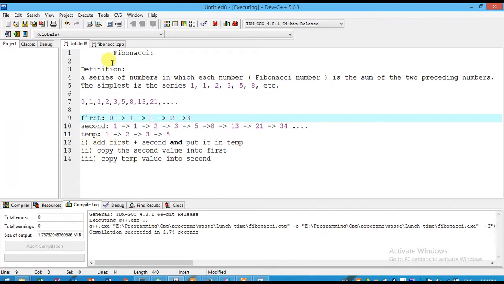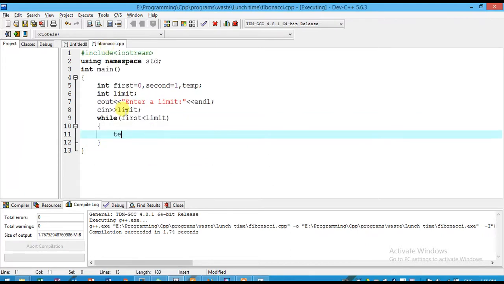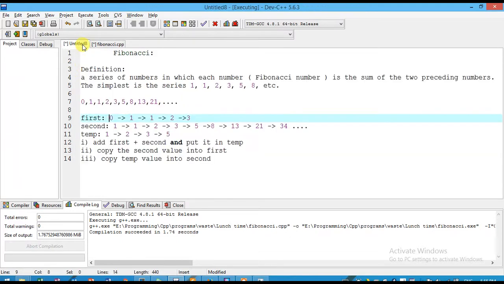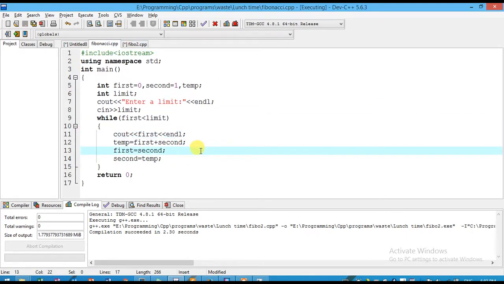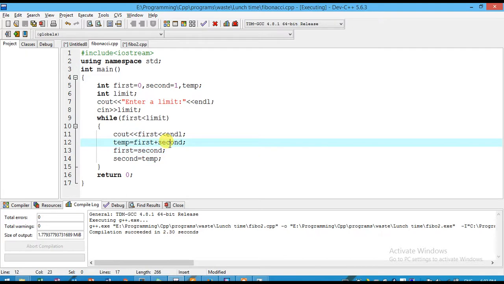Add first and second and put it in temp. So temp equals first plus second, and then put the second value into first, and the temp into second.